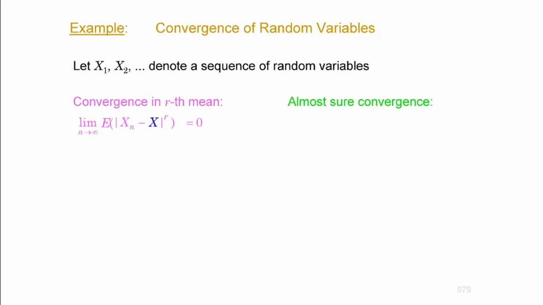This means that the probability that the sequence converges to a limit is going to be equal to 1. Okay, so dark blue X is always the limit, by the way, right? That's something which you should keep in mind by now. Okay, now what does the probability mean? So convergence in probability means what?